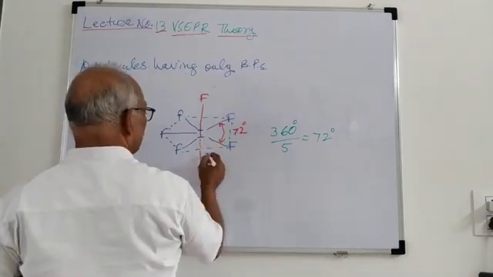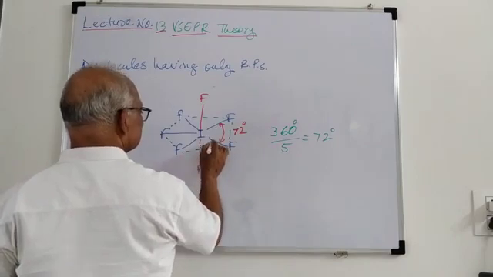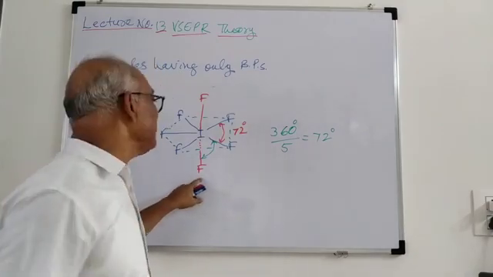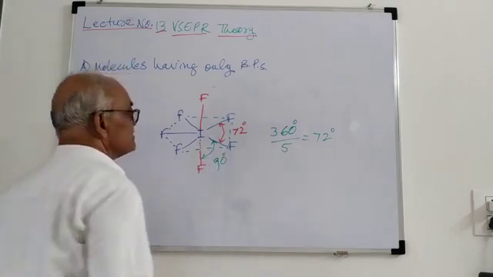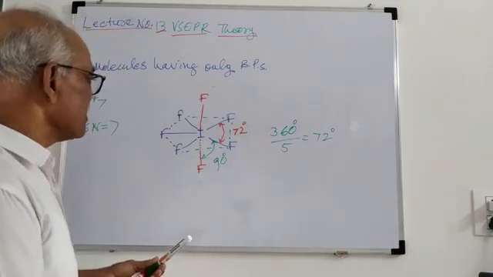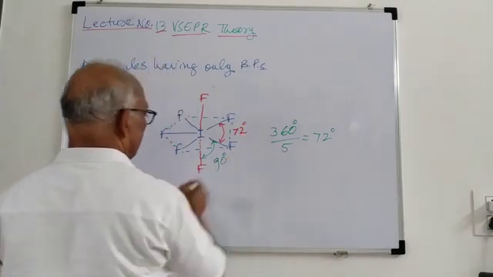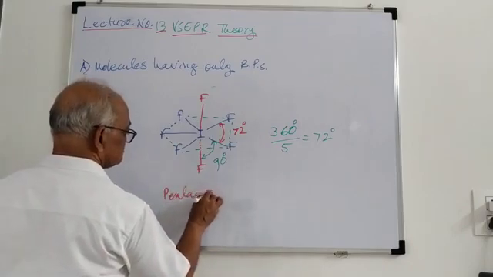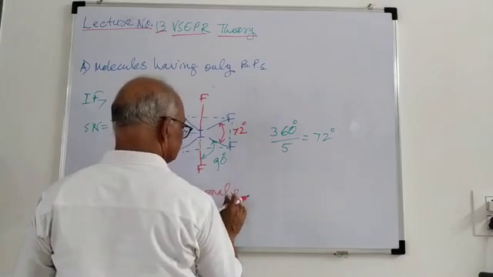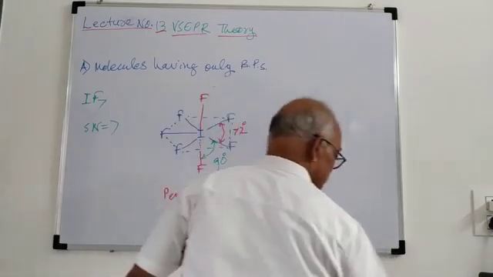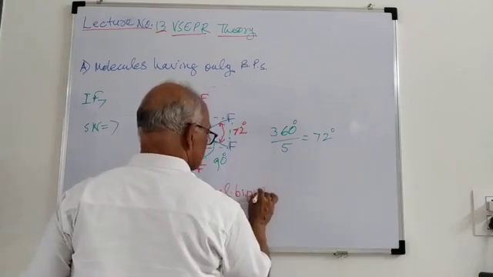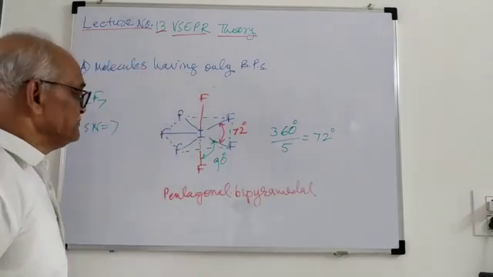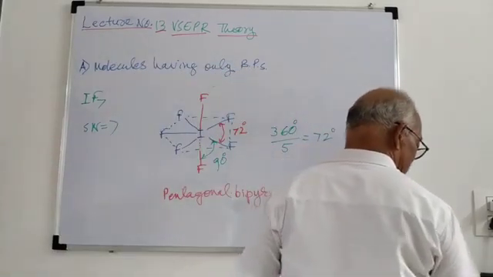Now the bond angle between the fluorines in the XY plane and the fluorine present in the direction perpendicular to this plane is 90 degrees. So there are 2 types of bond angles, that is 72 degrees and 90 degrees. The shape of this molecule is pentagonal bipyramidal. Then the next molecule is